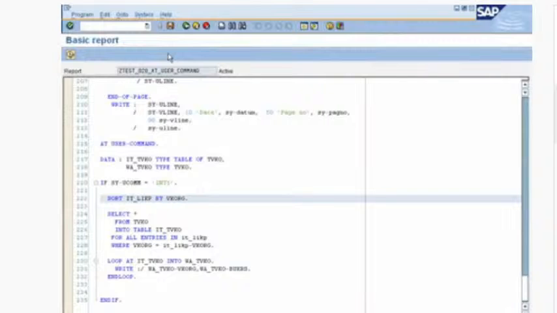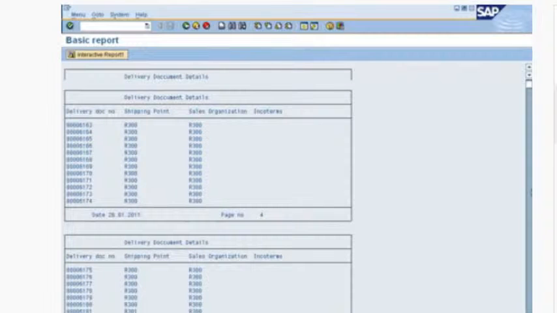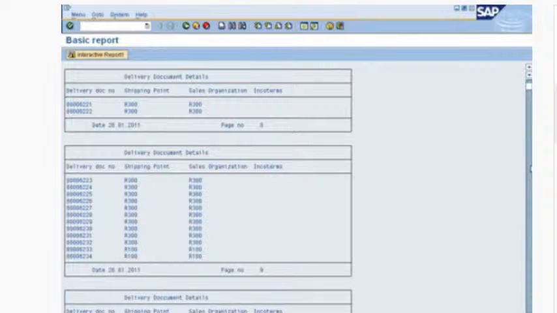Now see, there are different sales organizations. The sales organization, this is 3000. For this entry 1000. For the other entries are 100. Maybe some other entries it may be again differing. Correct? So what I want for all these sales organizations, I want the company code, I want the